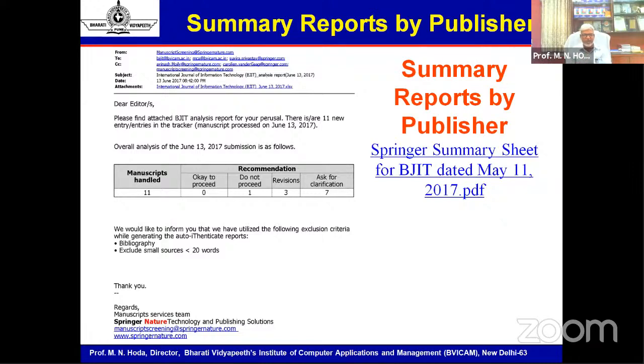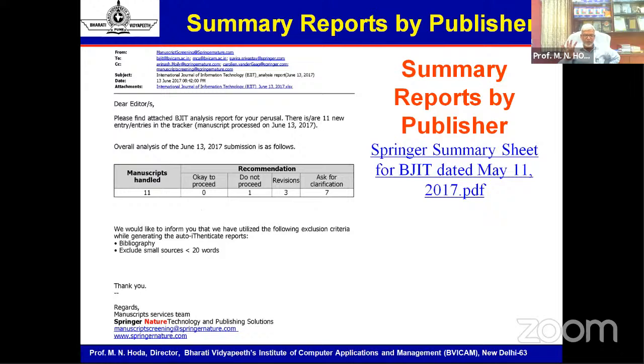See, this is a screenshot of an email which I keep receiving on a daily basis from the editorial assistants of my Springer team, who keep assisting me and giving me analytics. And see the kind of analytics I receive from my editorial office located at Singapore of Springer Nature. They say that on a specific day, for example on June 13, 2017, they received 11 papers for my journals which have been processed.